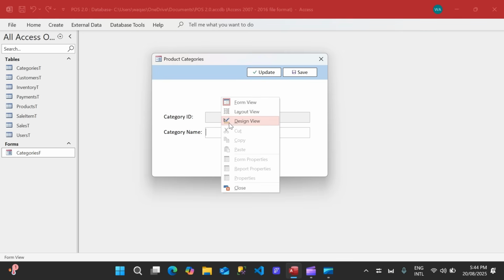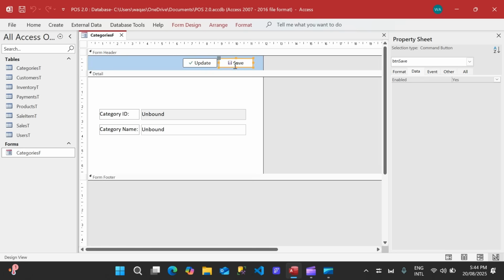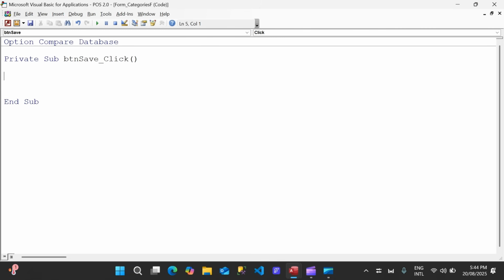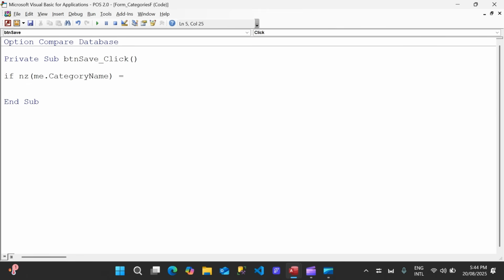All right. Now let's go ahead and go to design view. Perhaps we will do a little bit of VB as well. So let's go to the save button. We'll go to the event tab and we'll say On Click event, dot dot dot, code builder. And in here, what we are going to do is say If Nz(Me.CategoryName) equals empty,